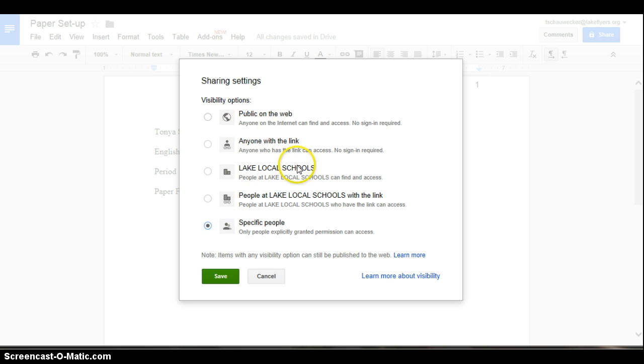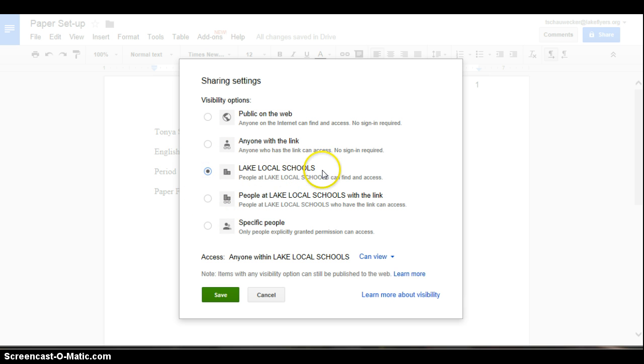It's up to you, but it can't be private. So it would probably be easier just to do Lake local schools, and you need to change this to Can Comment. Make sure that it only says Can Comment. Do not click Can Edit, only Can Comment. Click Save,